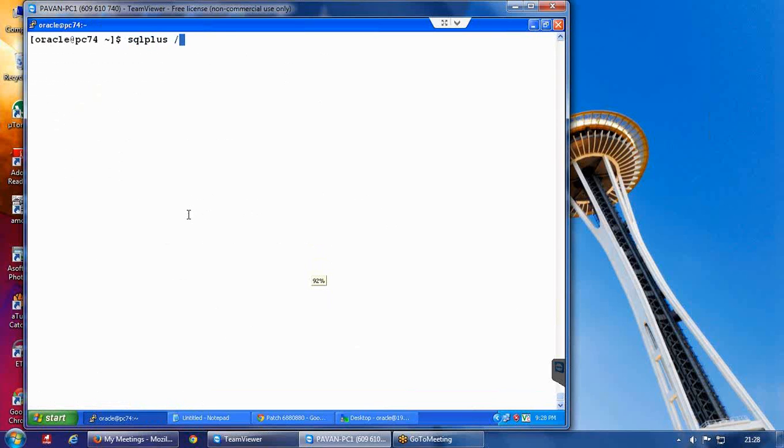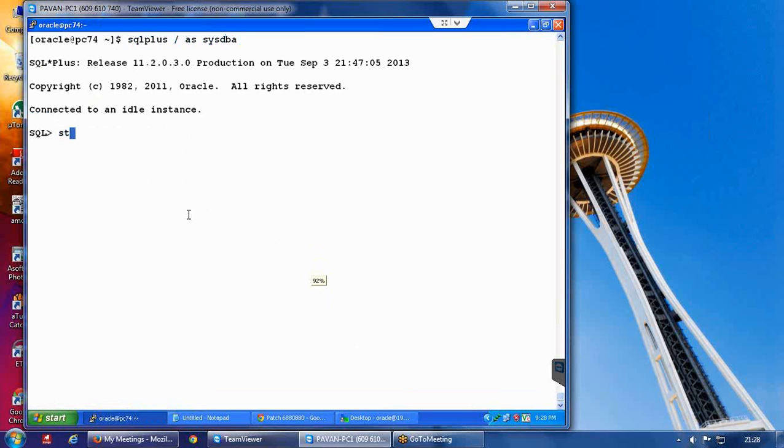So the next step is you are going to connect to the database and start it up in a normal way.